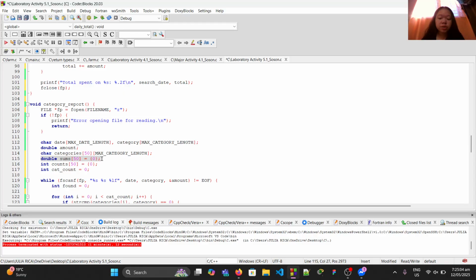This is an array to store the sum of amounts for each category. And here is an array to count occurrences of each category.